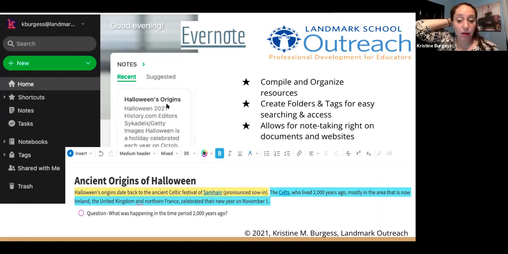This program, Evernote, is really great for research projects because it allows students to create a folder, house all of their materials in that folder, and then interact with those materials. So when I open Halloween origins, down here, these are all of the tools that I have within Evernote. So I went in and I highlighted a few different things. And then I added in,